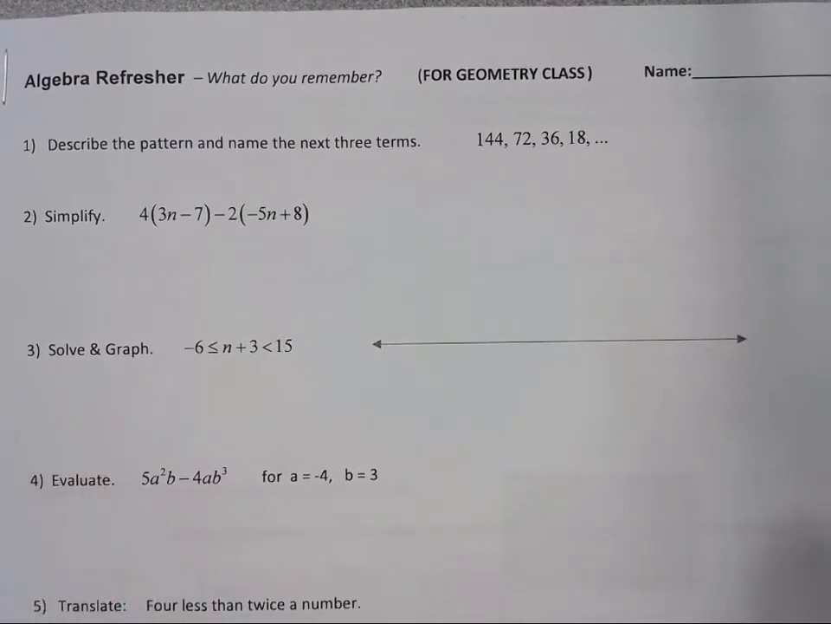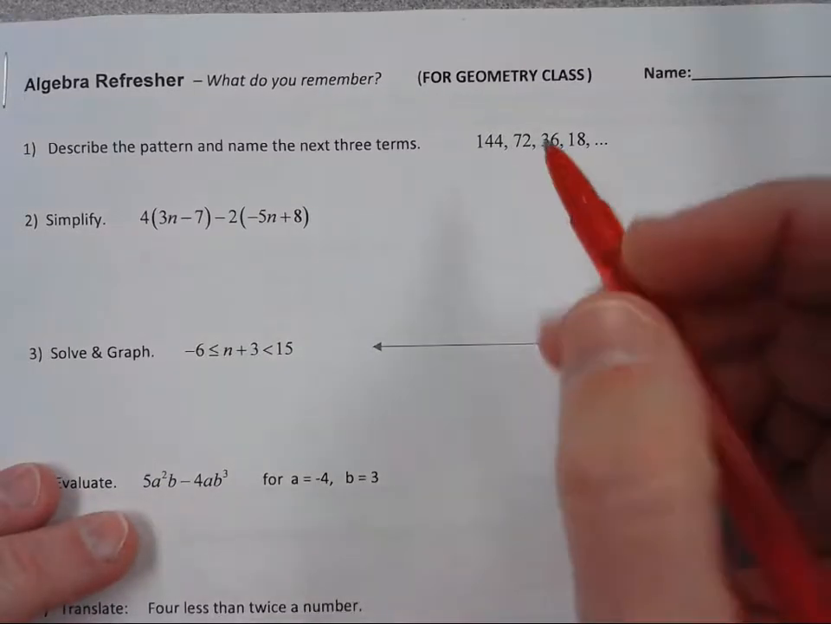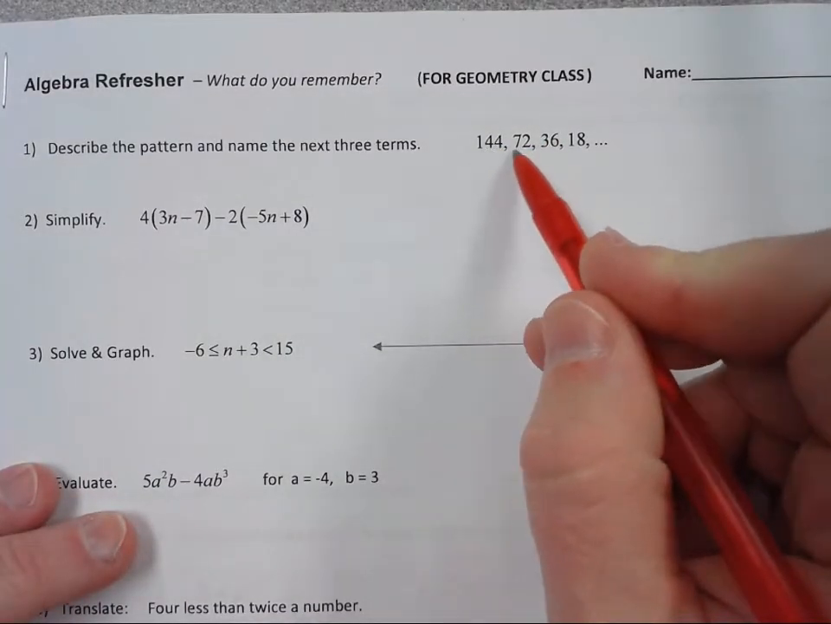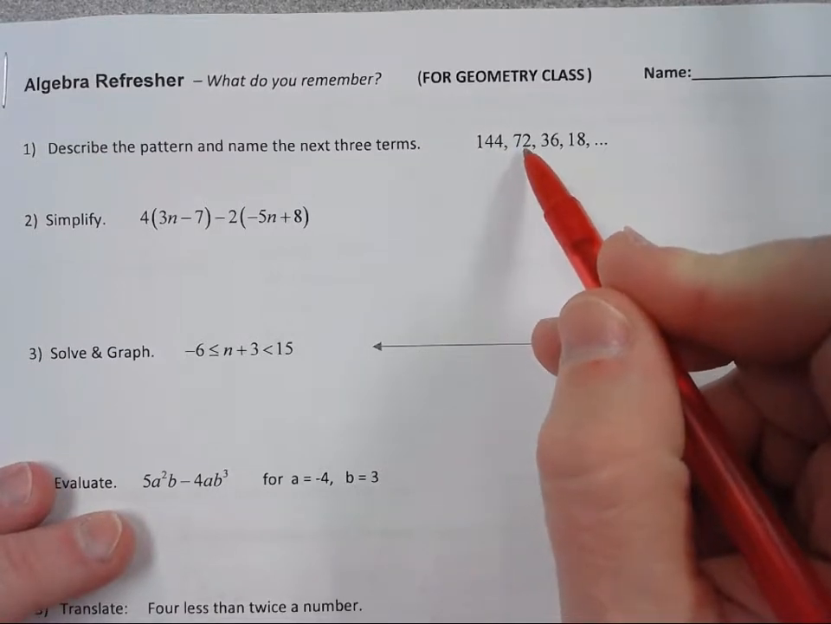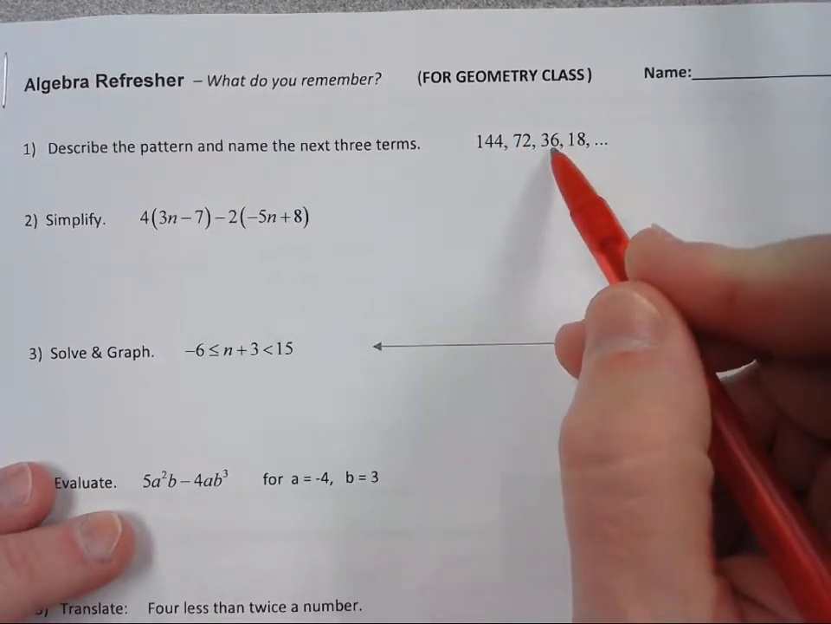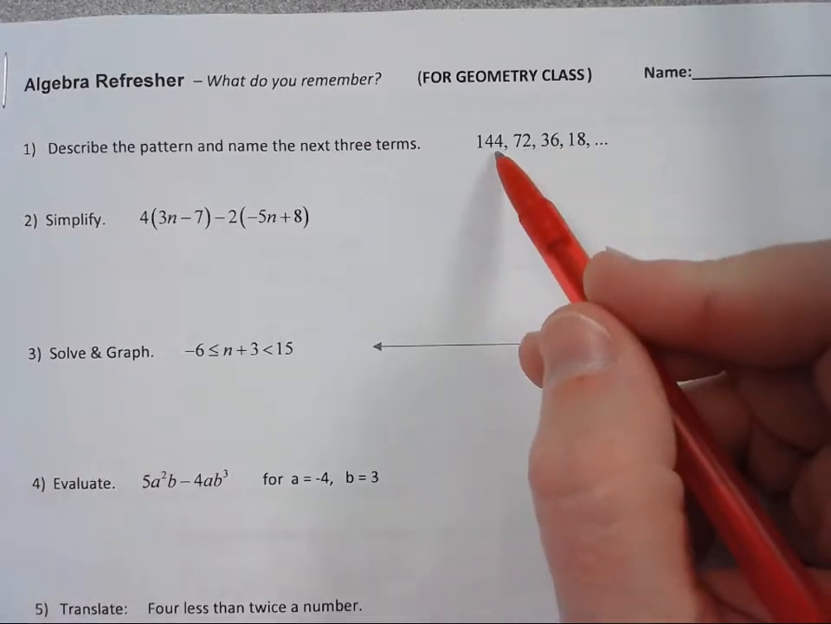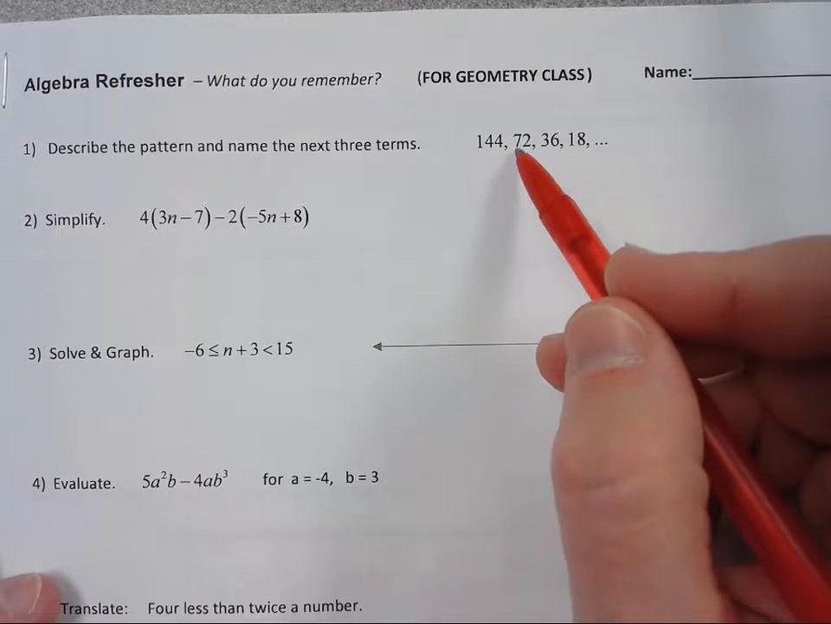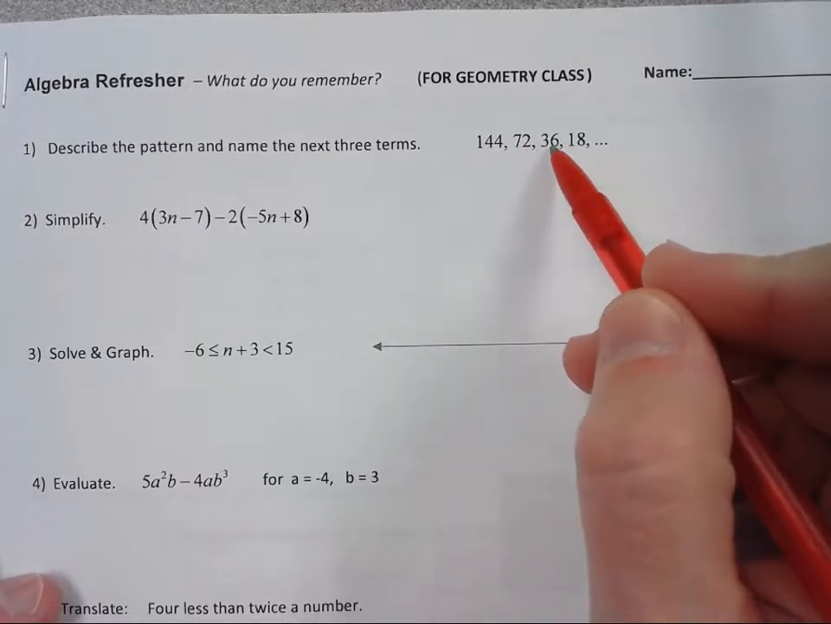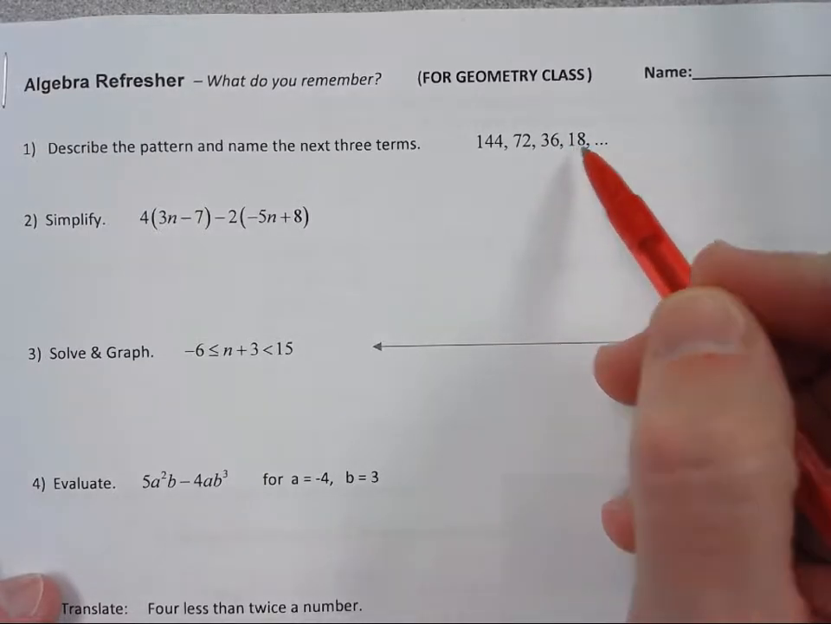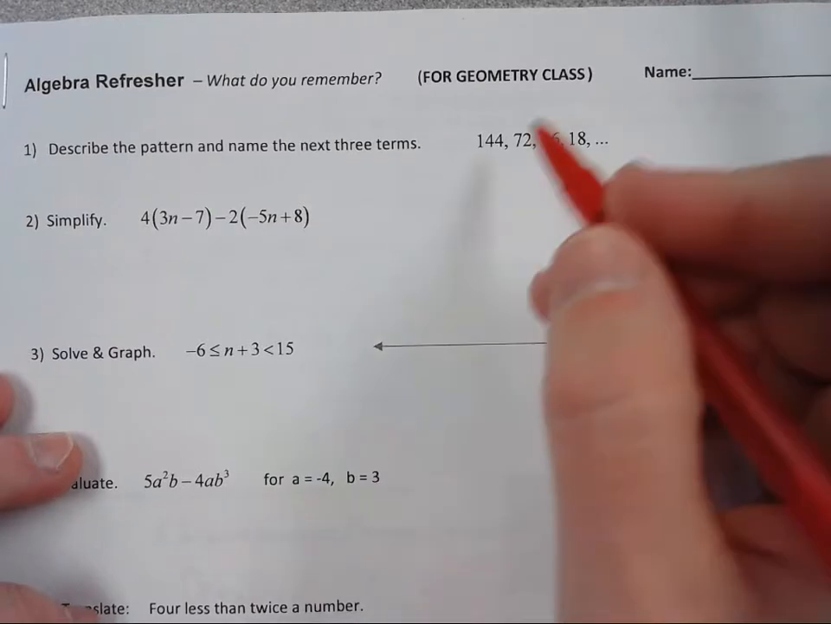Number 1, describe the pattern and name the next 3 terms. So I see that the difference between these two terms, 144 minus 72, is 72, but 72 minus 72 is not 36. So the next thing is, how could I multiply or divide? 144 divided by 72 is 2. 72 divided by 36 is 2. 36 divided by 18 is 2. So that means that each time I'm dividing by 2,